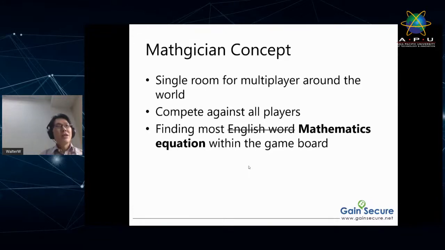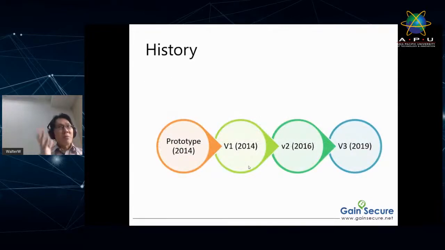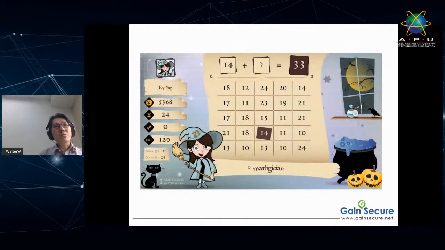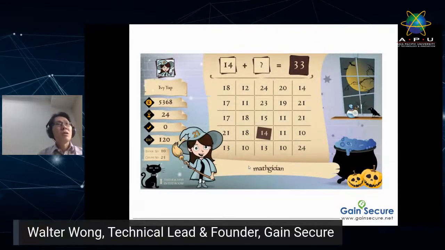I have a timeline that shows you the prototype we built in 2014, which I did alone, and then my team put together a V1, a V2, and a V3. I'll share with you the journey and what really happened in the prototype to V1, V2, and V3, which is very interesting. So we talk about the prototype. This is what I came out with: something super flat in design, no animations, just the gameplay. The gameplay is super straightforward.